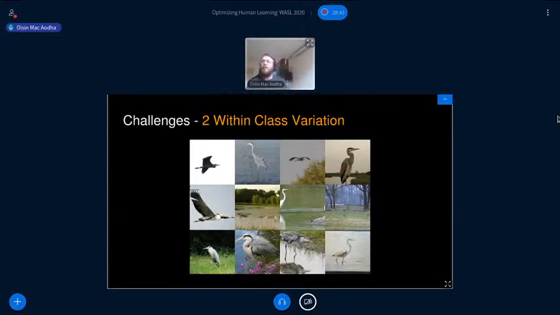Another category of problems is that there can inherently be a large amount of within-class variation. That variation might be due to simple things like the imaging properties, so how the photo was taken, the lighting, etc. But it could be due to inherent variation within the concept itself. For example, the appearance of the object might change due to its age or its location or its pose. All of these things make it quite difficult to determine what something is.